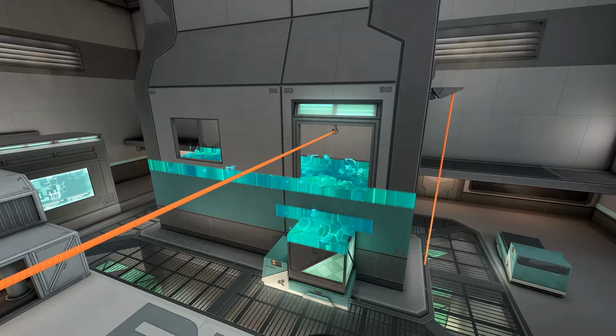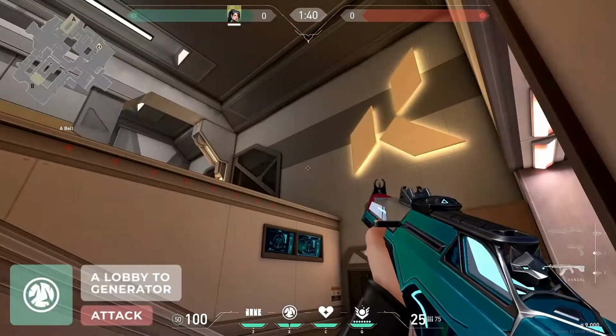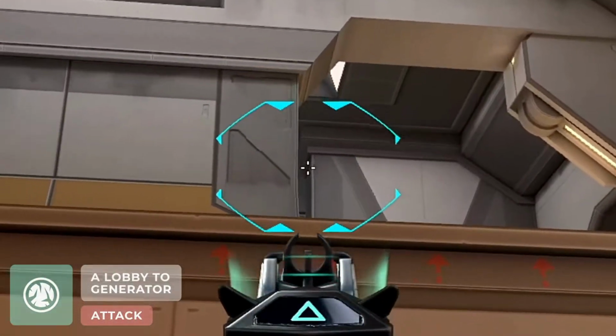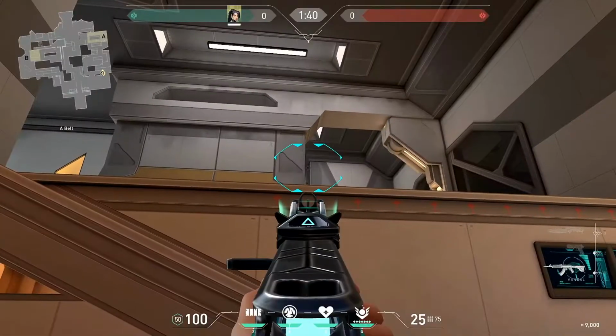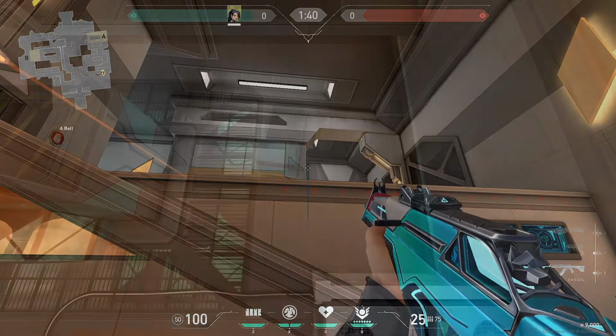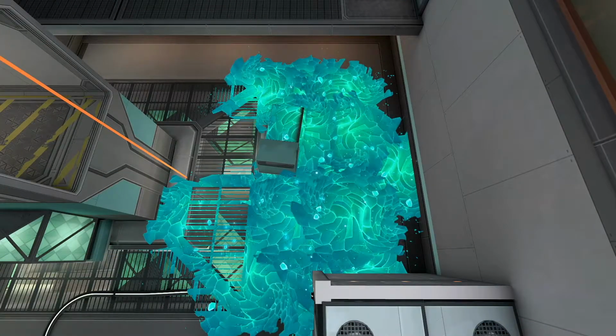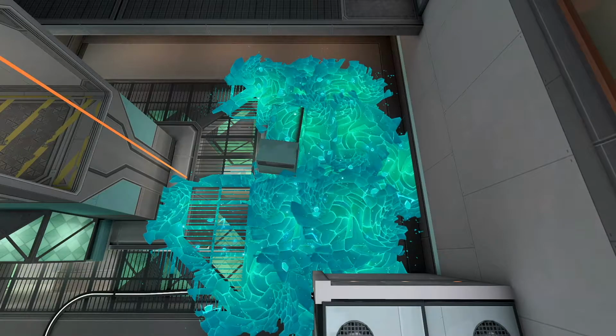headshot angle. To throw a slow orb behind the A-site generator, walk into this line on the wall. You'll notice this small dark line on the ceiling. You want to aim at the bottom of that line and throw. This orb traps anyone playing behind the generator in that spot, which is normally a pretty annoying angle to clear out on site. This allows your team to more easily clear rafters and nest without the fear of getting peeked